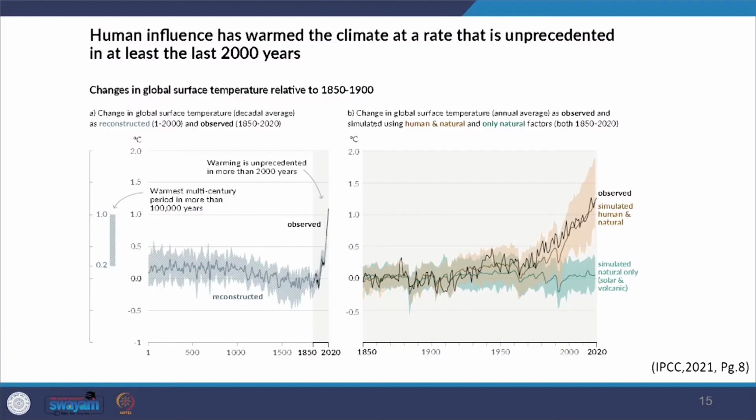You can see the snip from IPCC Assessment Report 6, 2021, where they show the rate of climate warming in the last 2000 years. On the left hand side, you can see the change in the global surface temperature, which is the decadal average. And on the right hand side, the average change in global surface temperature. You may notice how the line is shooting up in the recent past, and I have also provided the link for this report to you for further reading if you wish. As per the report,